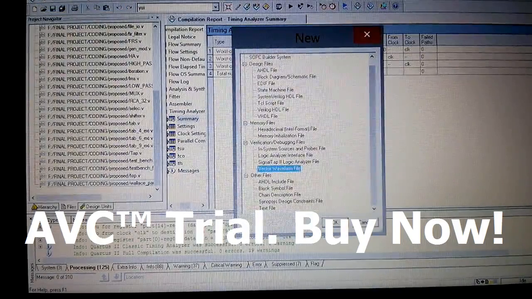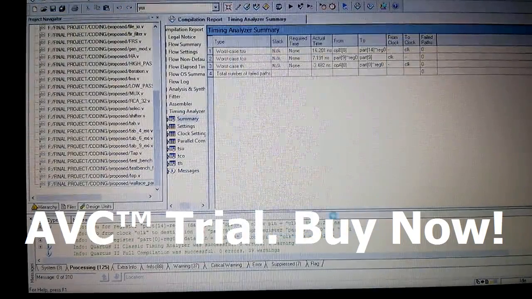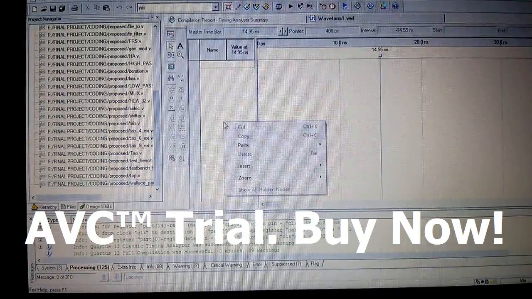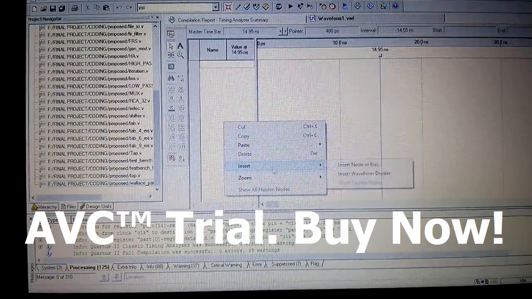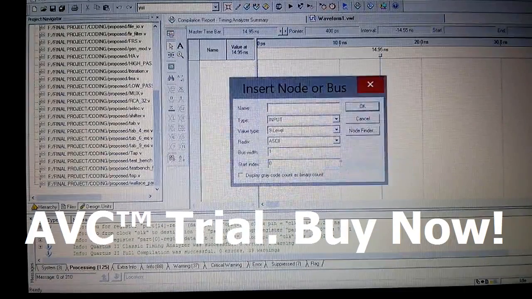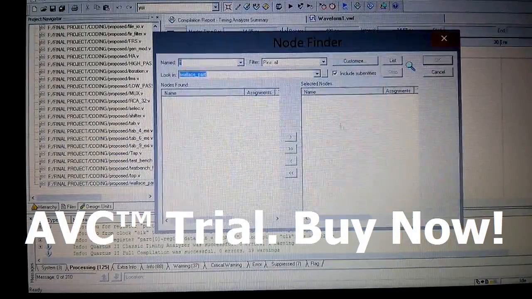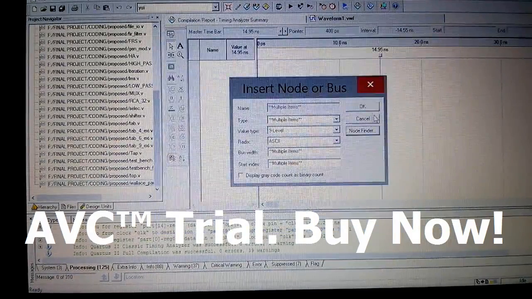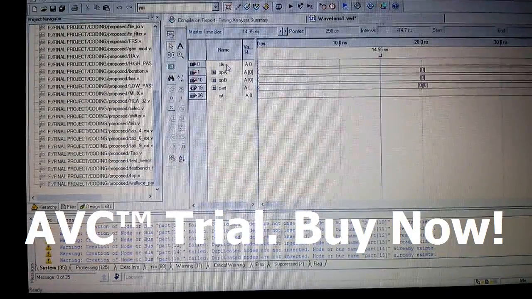Now to know the power consumption, we have to simulate again, and to obtain the waveform, these processes have to be repeated. We have to select list and add all the files into it.